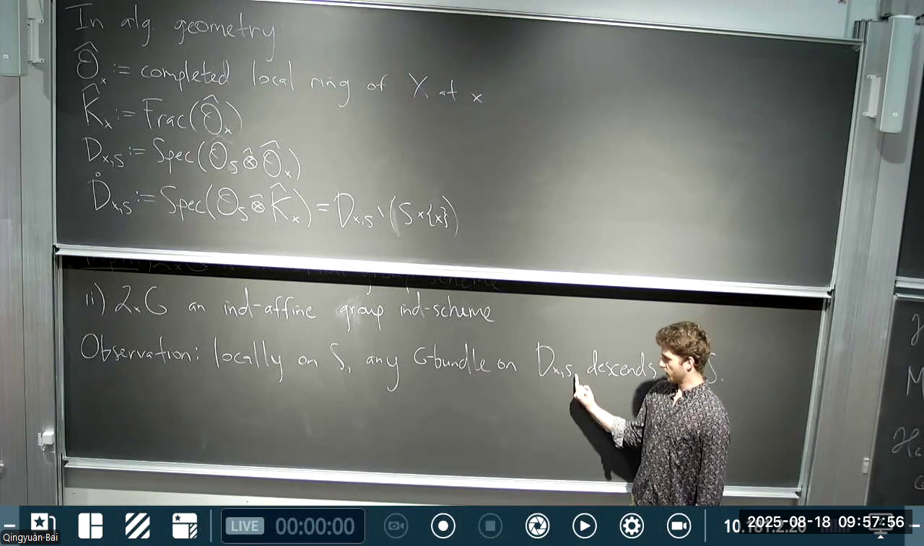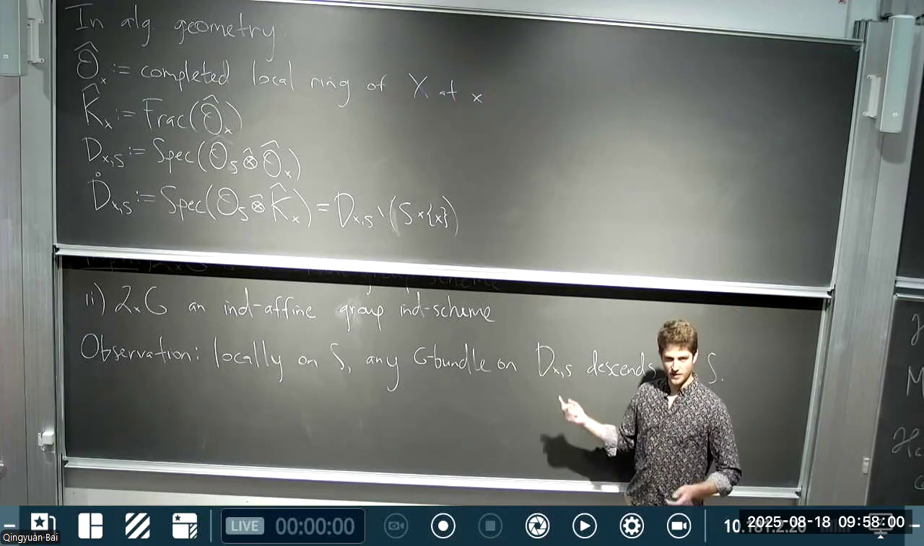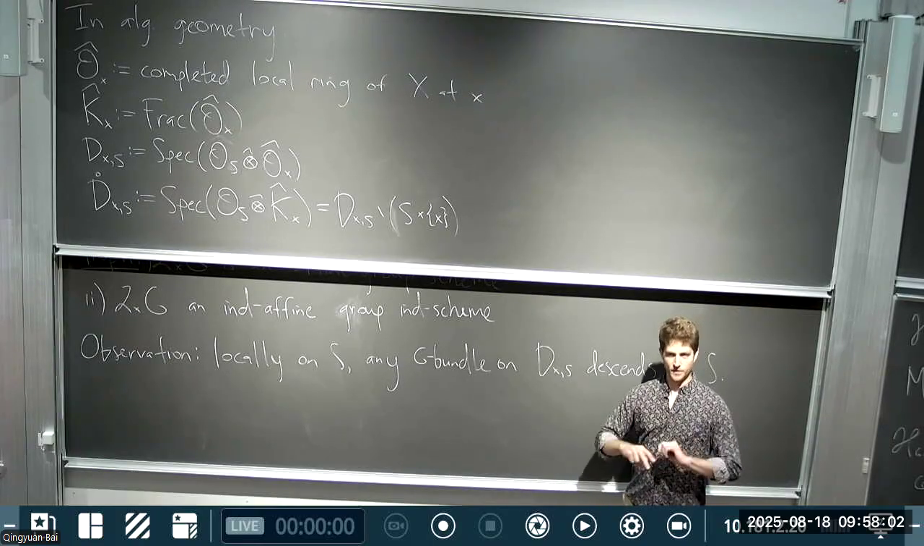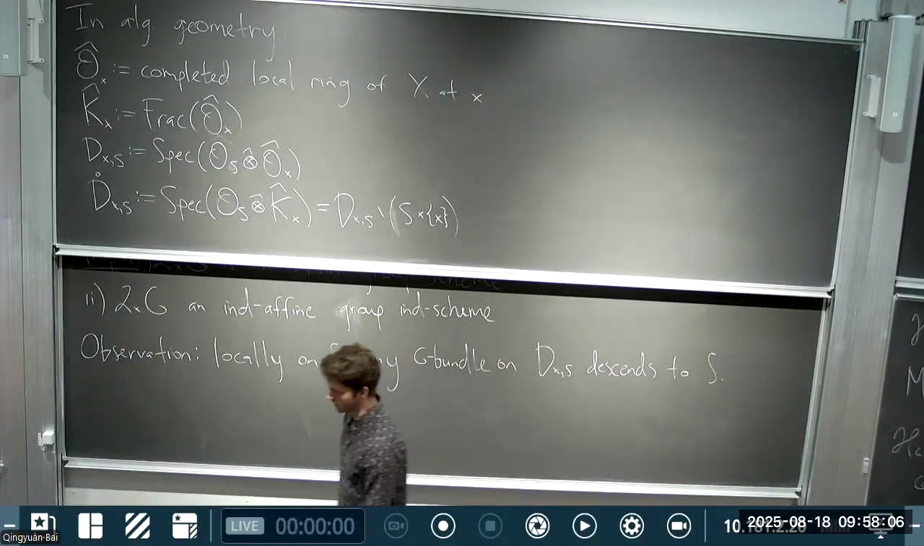If you definitely have a section locally on S, kind of by definition, and then you can extend that to a section over the entire formal disk using formal smoothness. So that's kind of just a sketch of how you prove this local triviality. And so the upshot of this is